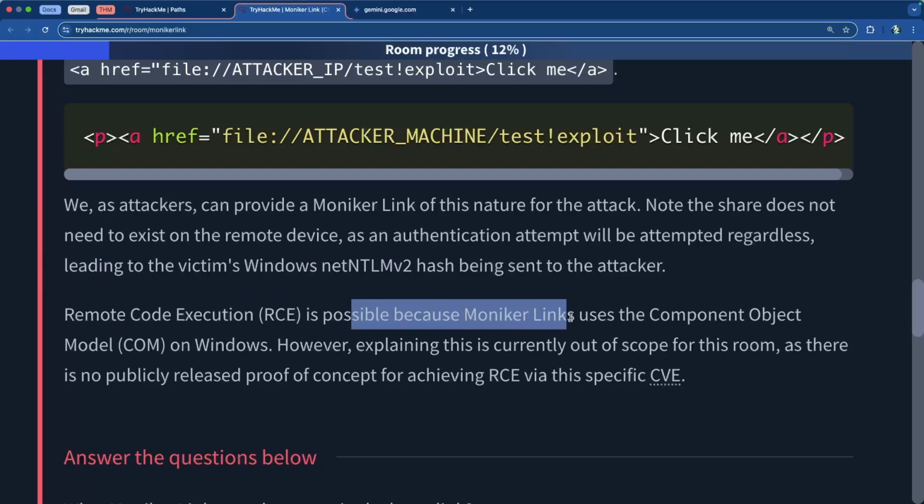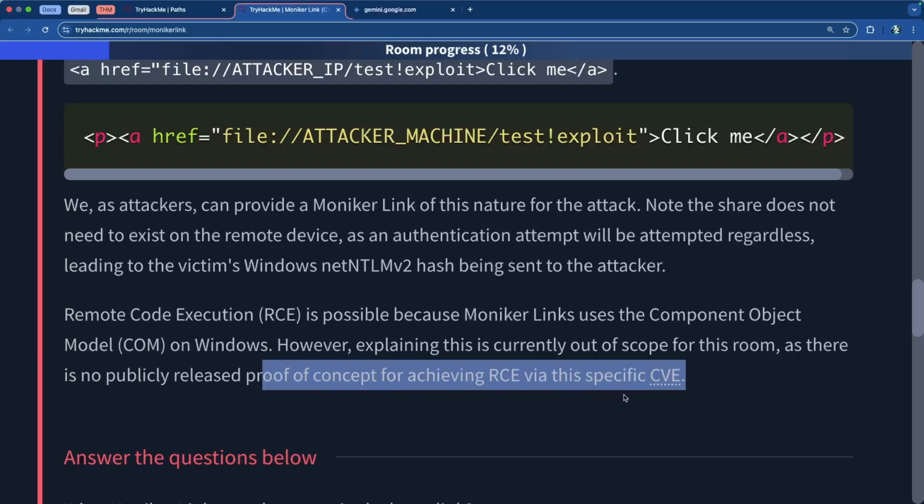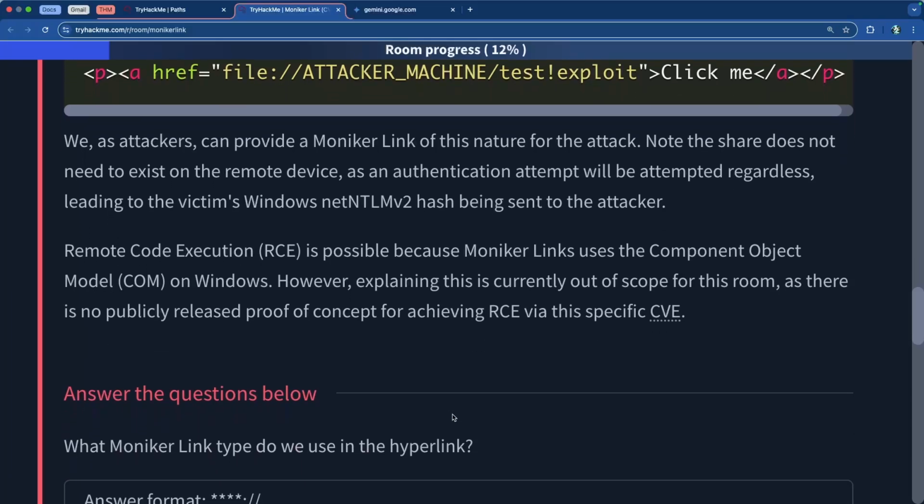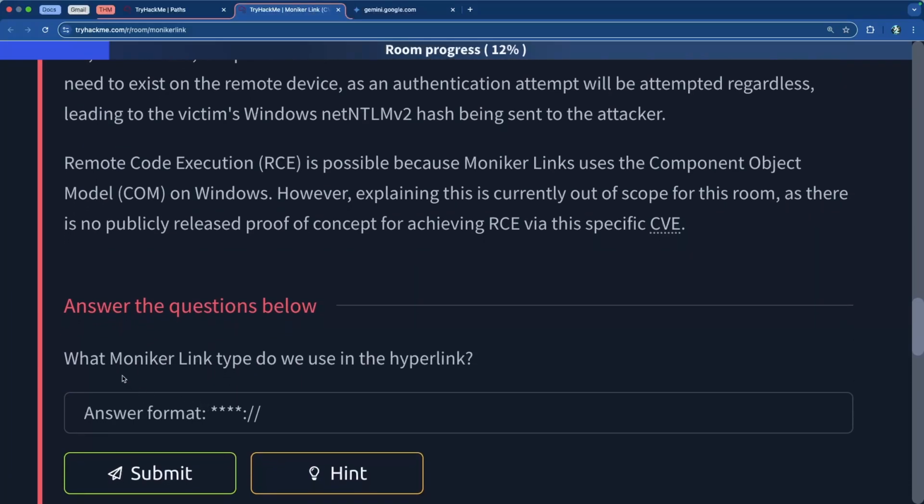Remote code execution is possible because Moniker links use the Component Object Model, also known as COM, on Windows. However, explaining this is currently out of the scope of this room, as there is no publicly released proof of concept for achieving remote code execution via this specific CVE, because it is literally from a year ago. Probably not even a year ago, because it was February, so it's less than a year ago. February 2024 is when they caught it. So it's pretty amazing. Anyways, what Moniker link type do we use in the hyperlink? And that is the file://